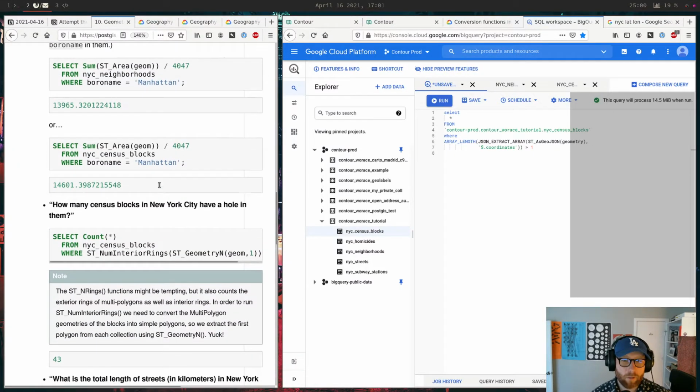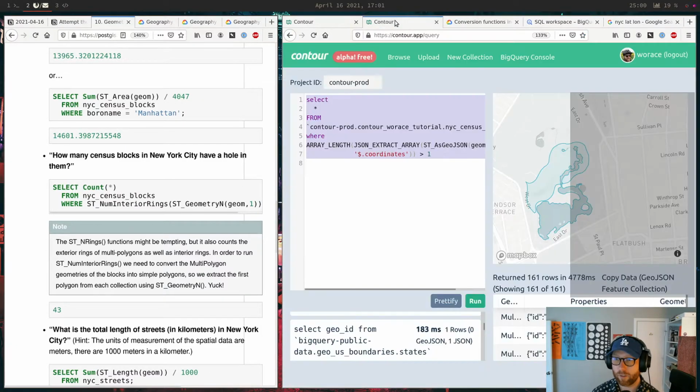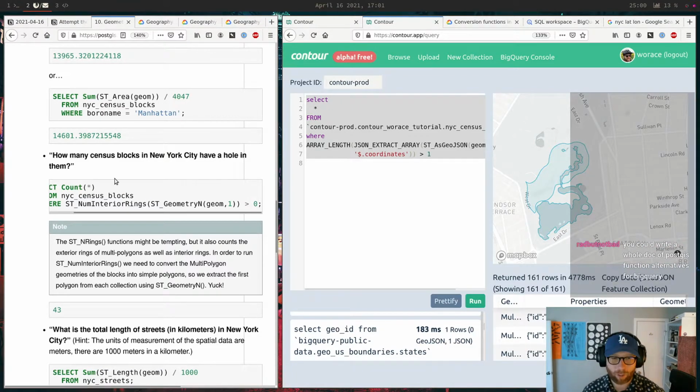All right. How many have a hole? So what did they say? They said 43. I said, well, I didn't count these. I have 161. Oh, geometry N. Oh. Yeah, okay. I think that I'm not handling this situation about multi-polygons or something.